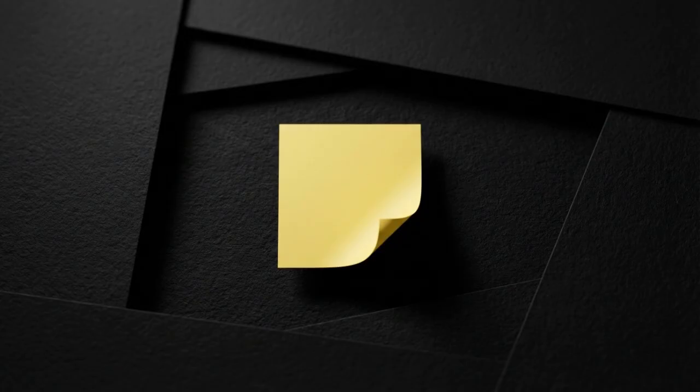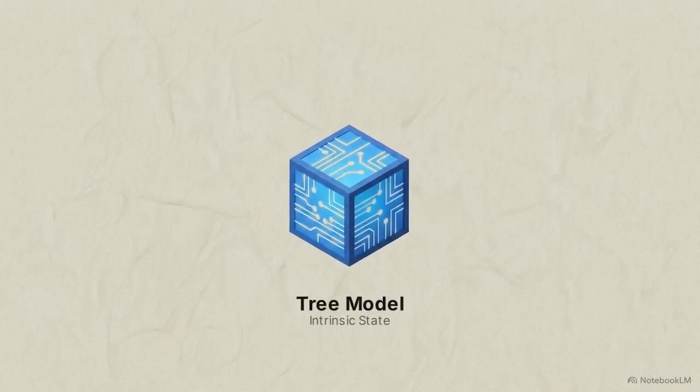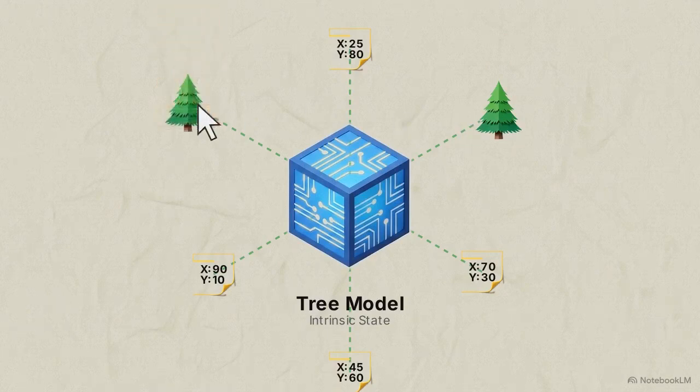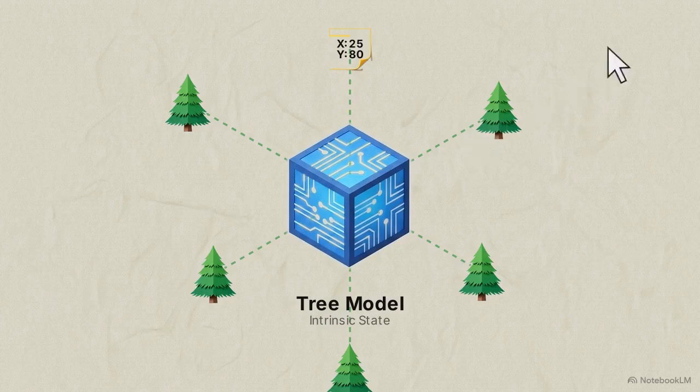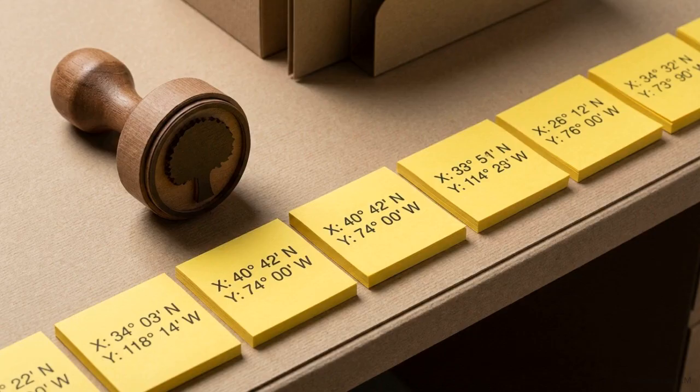The second half of the trick uses extremely lightweight sticky notes. These notes contain nothing but a set of simple map coordinates, a unique position X and a position Y. We have a single heavy tree model block in the center, connecting to tiny dots labeled with X and Y coordinates. The computer reads these sticky notes, pressing the master stamp onto those exact spots. That separation defines the flyweight trick. You separate the heavy, shared parts from the lightweight, unique parts, ensuring the computer never does the same hard work